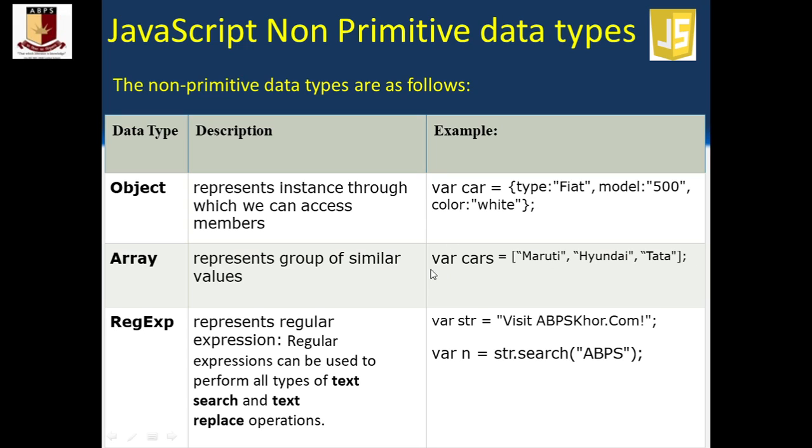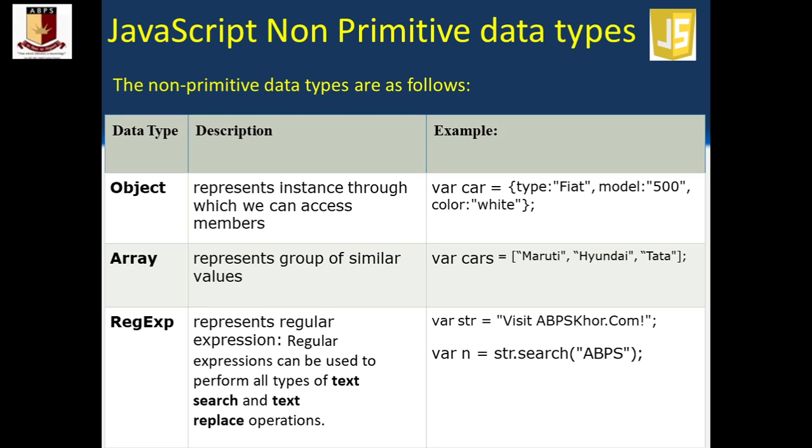Here I declared a variable cars, and the square brackets are used for that. Now the different values there are Maruti, Hyundai and Tata. So these are the different values stored in the array cars. These are accessible with the help of an index number, and this index starts from 0. If you access cars 0, it will return Maruti. If you access cars 2, then it will return Tata: 0, 1, 2. We'll do the practical on non-primitive data types in the next tutorial, but just for explanation I included these